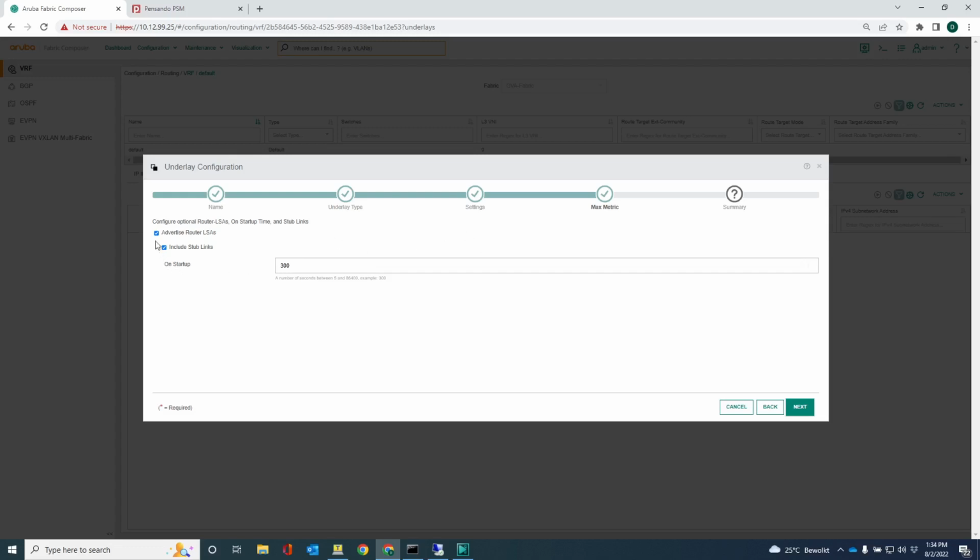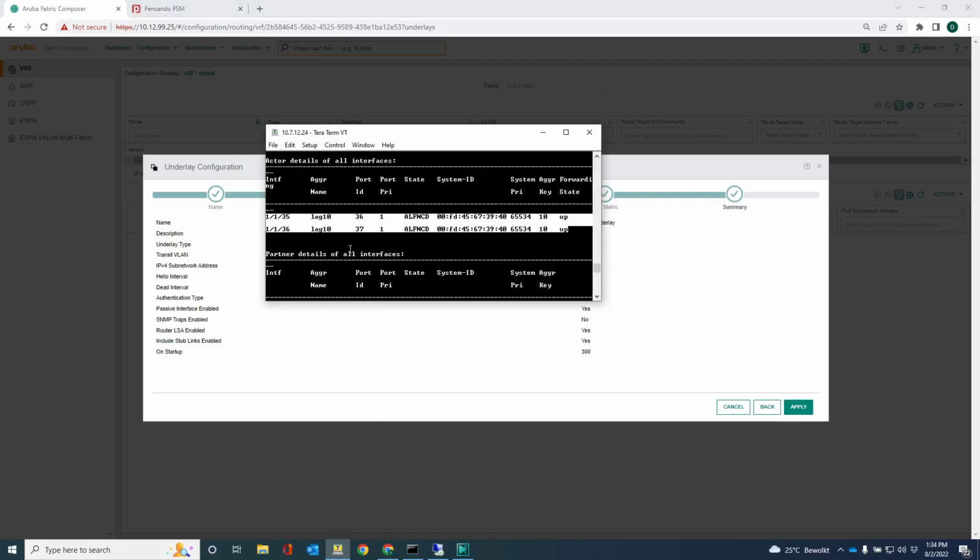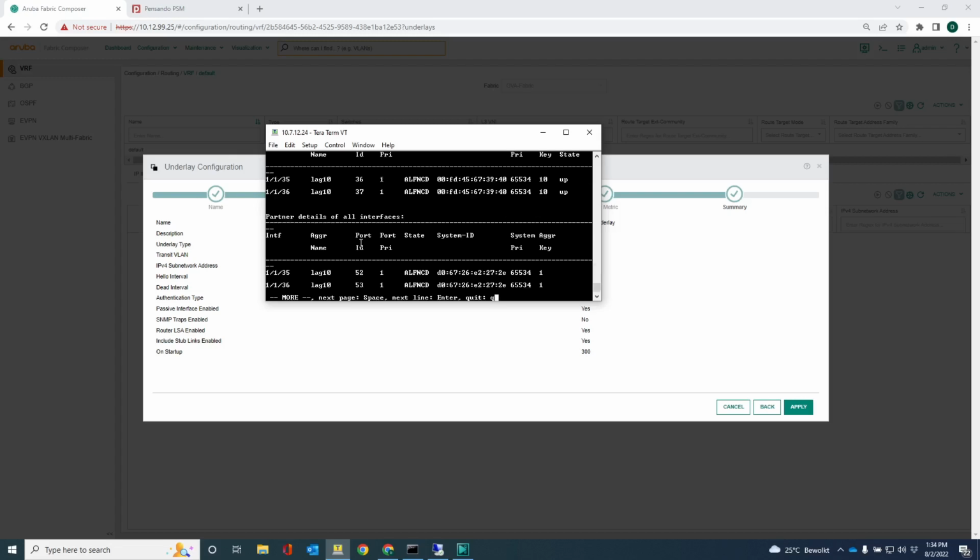This is some optional router LSA information that you can set. No worry about that. We can just leave them at the default settings. And so that's really it for the OSPF. Now what this will do is create a lot of OSPF configurations on the switches. Let me take one of the switches here